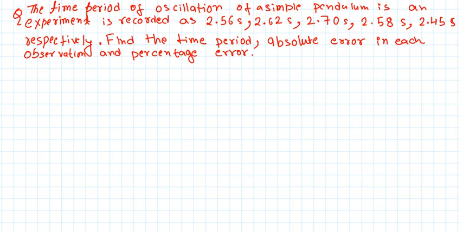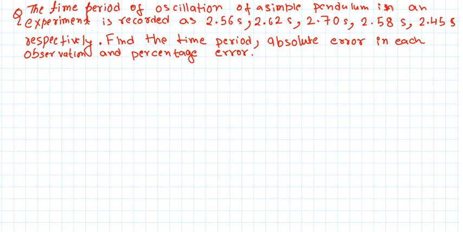Now our next question is: the time period of oscillation of a simple pendulum in an experiment is recorded as